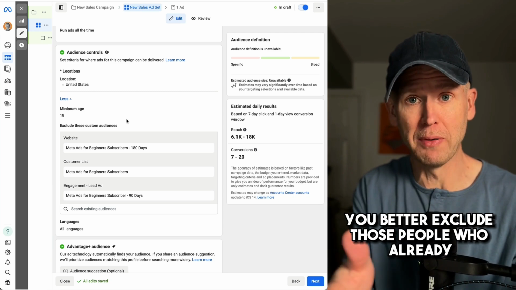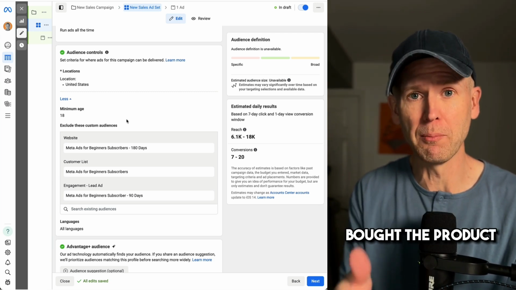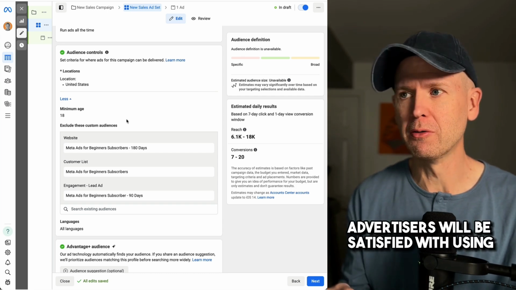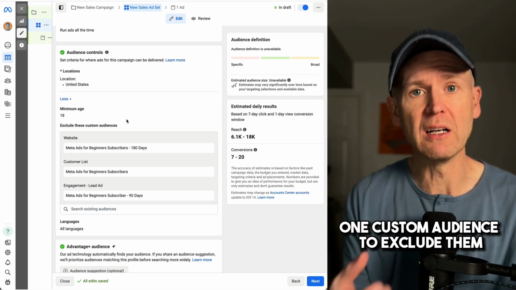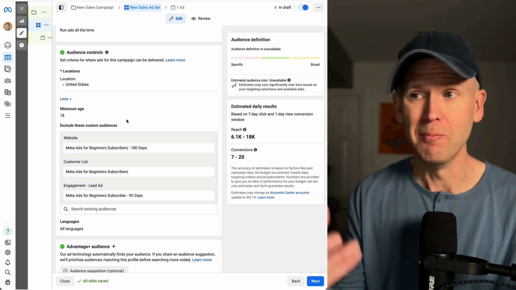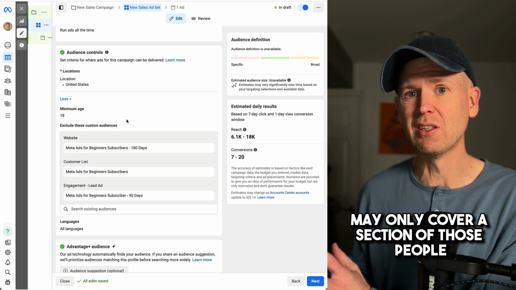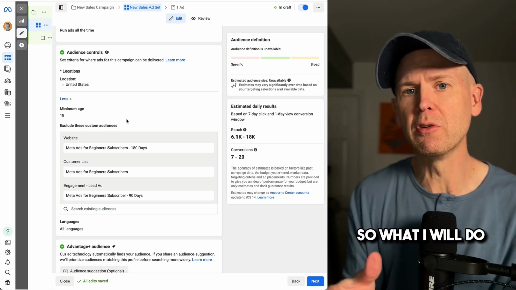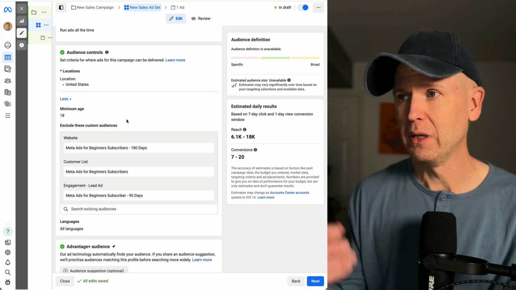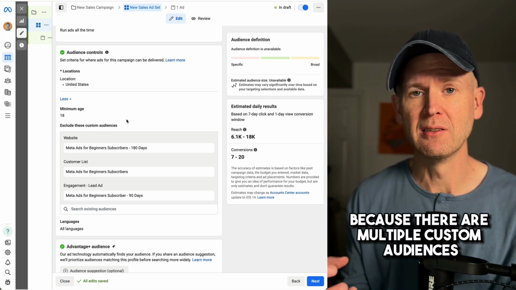First of all, yes, you better exclude those people who already bought the product, but oftentimes advertisers will be satisfied with using one custom audience to exclude them. And the reality is that one custom audience may only cover a section of those people. So what I will do is exclude them in every single way possible because there are multiple custom audiences created